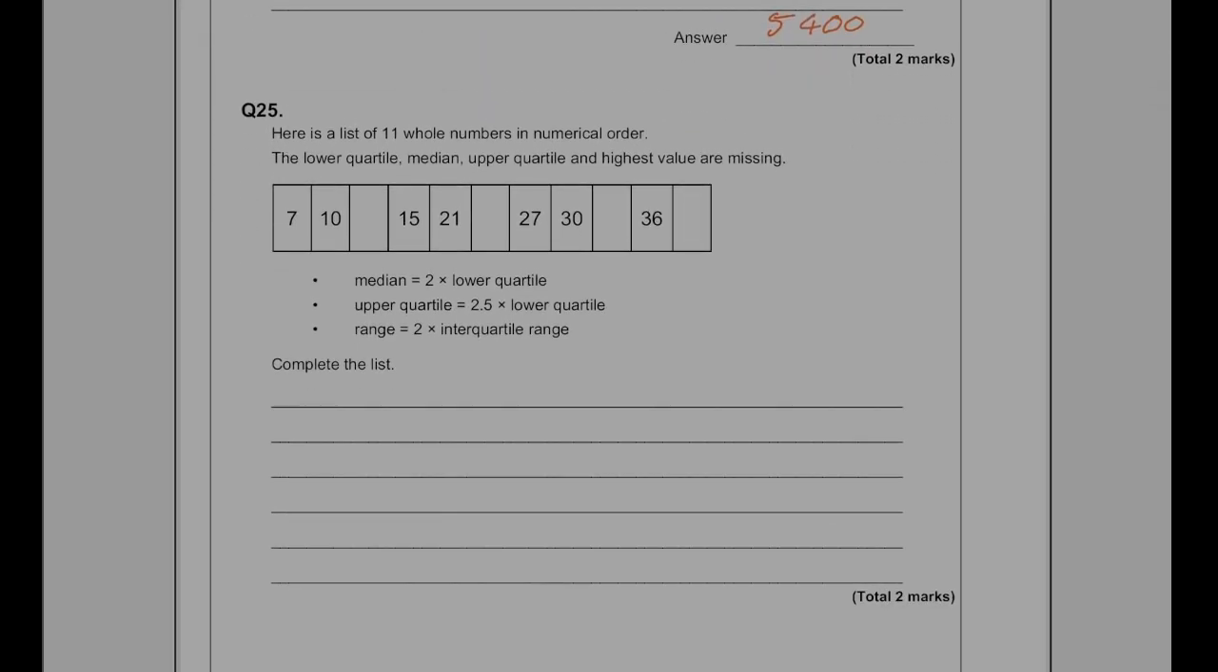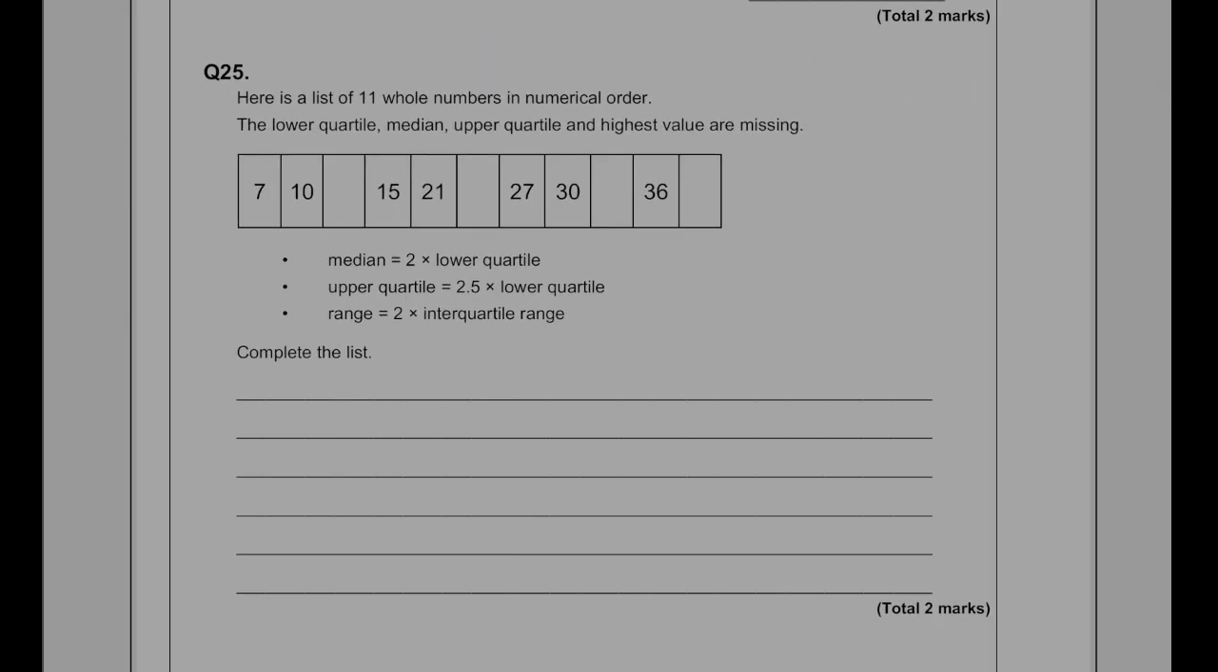Okay, question 25. Here's a list of 11 whole numbers in numerical order. The lower quartile, median, upper quartile and largest value are missing. The median is 2 times the lower quartile. The upper quartile is 2.5 times the lower quartile. And the range is 2 times the interquartile range. Complete the list. Right, so I'm going to start by saying that my lower quartile